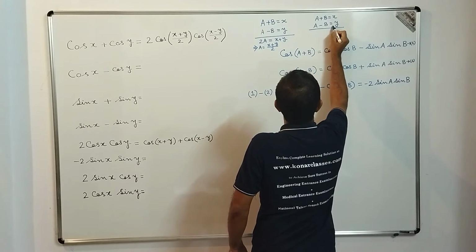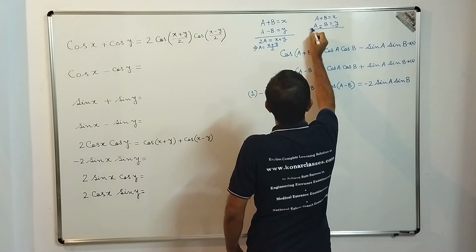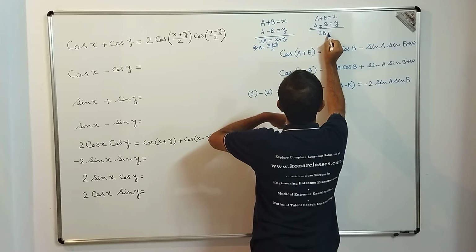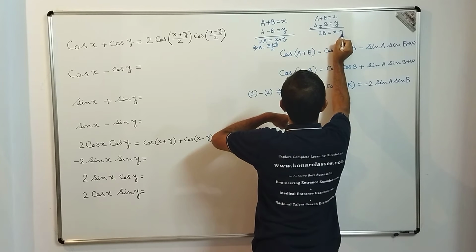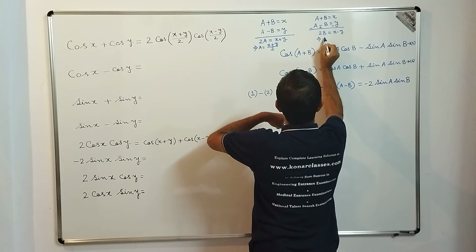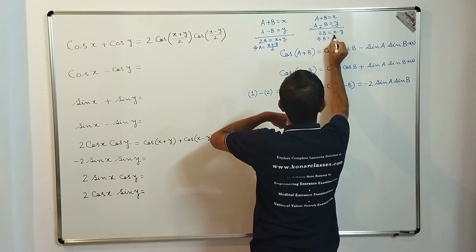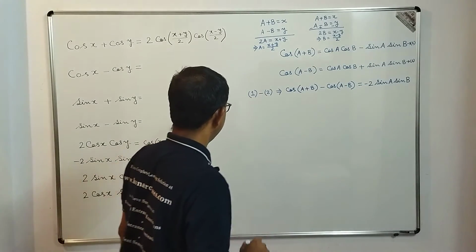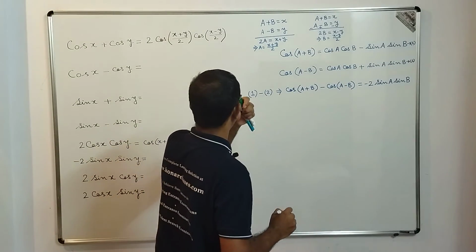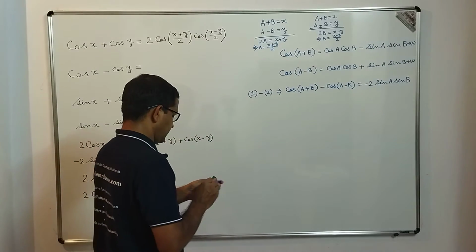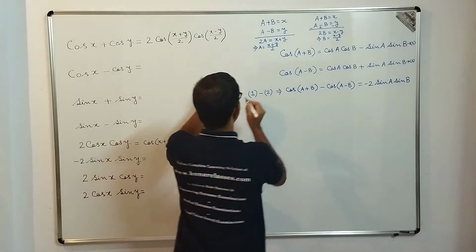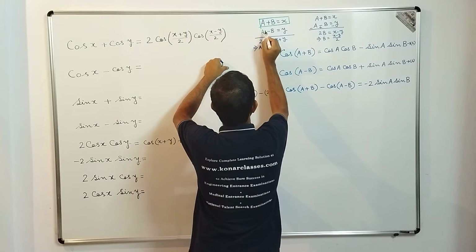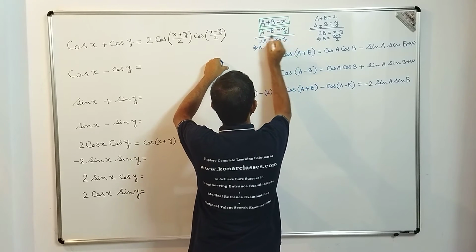In the similar manner, if we subtract both sides, a plus b equal to x and a minus b equal to y, this will be minus, this will be plus, this will be minus. So b plus b is 2b. So 2b becomes x minus y, and eventually we get b is equal to (x minus y)/2. Correct? So now, as I just derived, we assume that a plus b equal to x, a minus b equal to y.